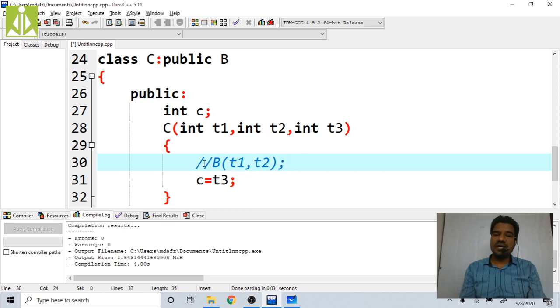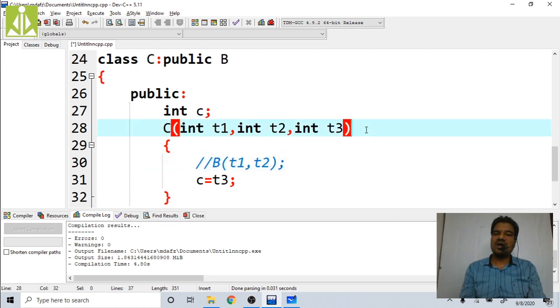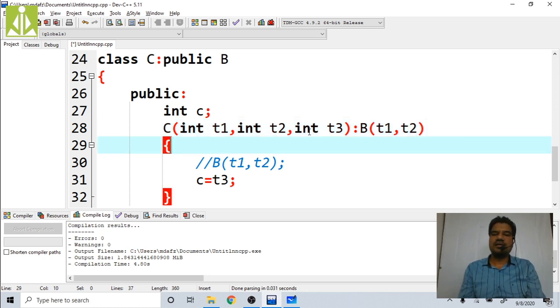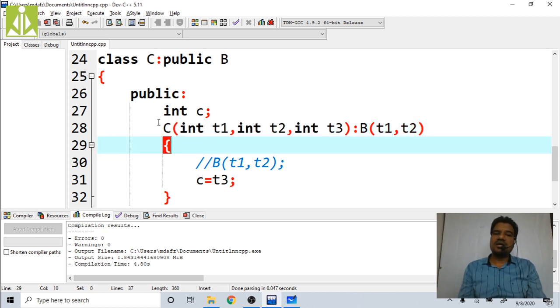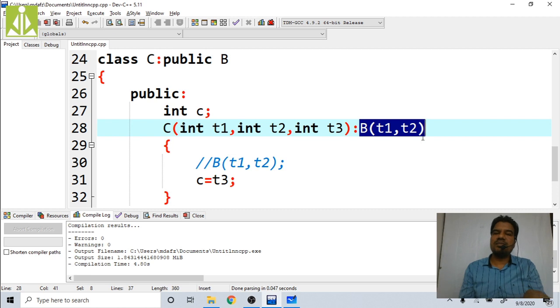So what I have to do, instead of writing this B class constructor call like this, like that, I have to put the B class constructor over here, t1 comma t2. That's it. Don't put the semicolon at the end. So in this definition, when the control starts, it will consider this as the definition for the C class constructor. Right? Immediately, it will invoke this B class constructor, the immediate base class